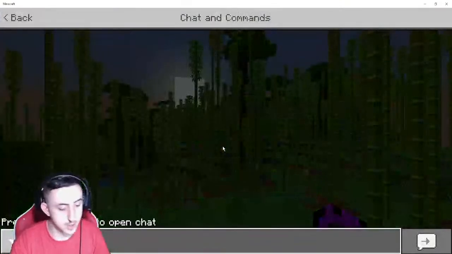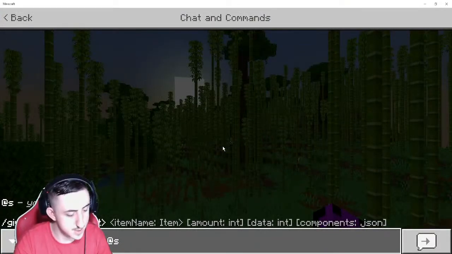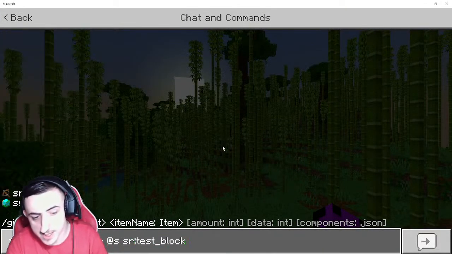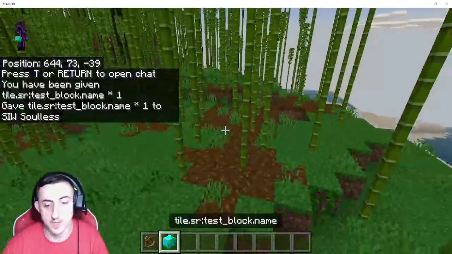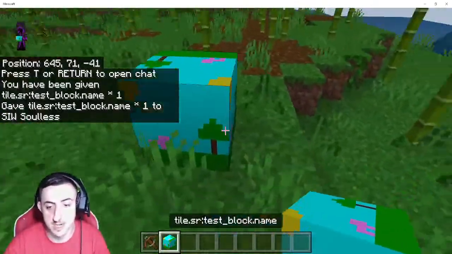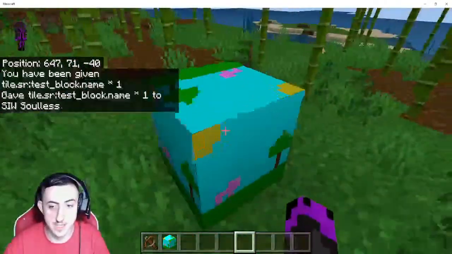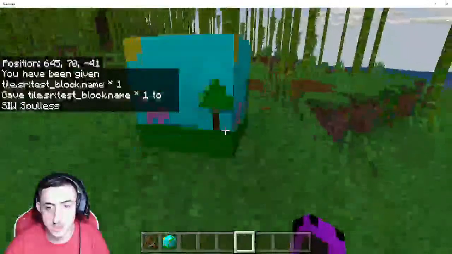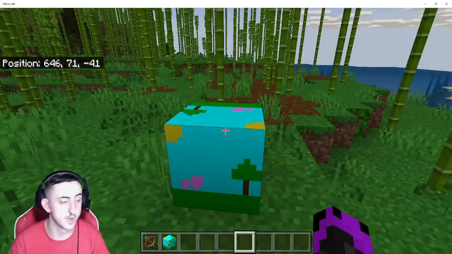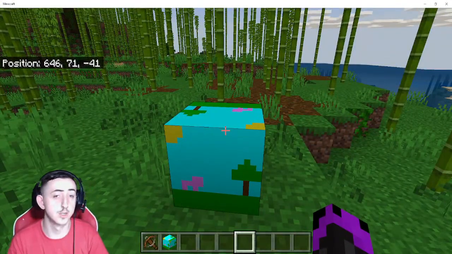But if we just do /give @s and then sr, now it should be there. Yes, it is. It's a test block, and if we give ourselves a test block, we should now be able to place it down. As you can see, it is the texture that we gave it. Obviously, it's got textures on all four sides. There is a way to do that using top, down, north, east, west, and south to do different sides for